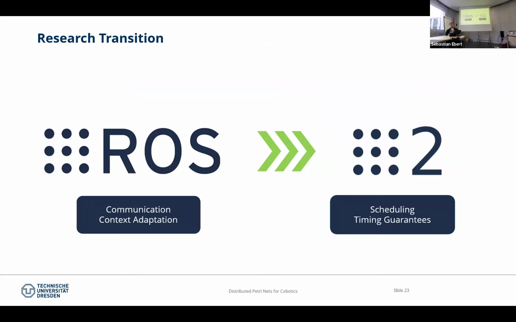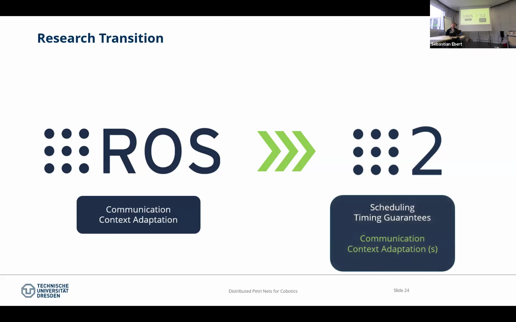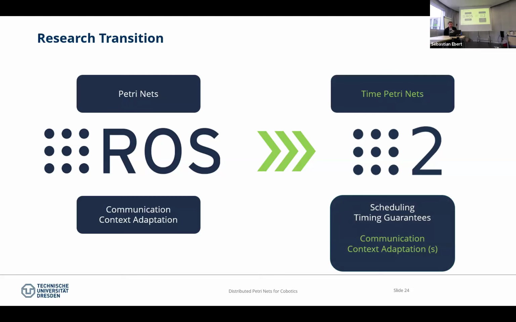And when we transitioned to ROS 2, we had a look at what we can check there. What is new? What is different? And what they changed, and a big block was scheduling. An entirely new mechanism was introduced there. That's why we focused in our ROS 2 work on scheduling and time guarantees, even though we integrated our past work in that too. To achieve that, initially we started with the normal patterns we just saw for communication context adaptation, because we mostly were using boundedness analysis there. And in the second part, we went for time patterns, especially because of the timing guarantees.